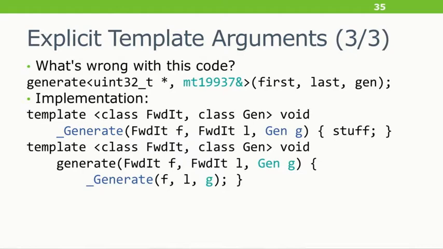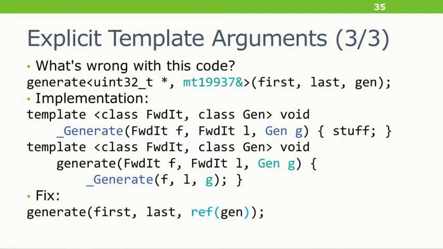And in fact, there's a better way to do this. They don't need to write bracket uint32_t. Ugh. Instead, they can control the type that's being fed to the function and use template argument deduction. If they simply call generate first, last, and then use C++11's reference wrapper, there's a helper function called ref. You call ref with some object and it returns a reference_wrapper of T. That thing really stores a pointer, but it pretends to be a reference, except that it's assignable and copyable, so you can actually put it in containers and stuff.